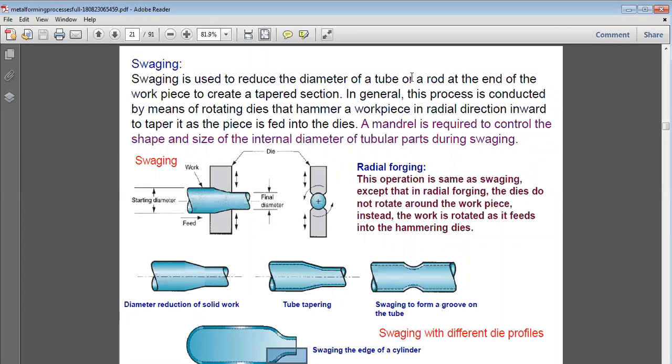Like in that case also the job is rotating and the tool is stationary. In this case it is similar to this. So in that case also the tool is stationary and the workpiece is rotating, and in turning also the tool takes off the material when the workpiece is rotating. In this case it takes off the edges or the shapes when it is rotating.